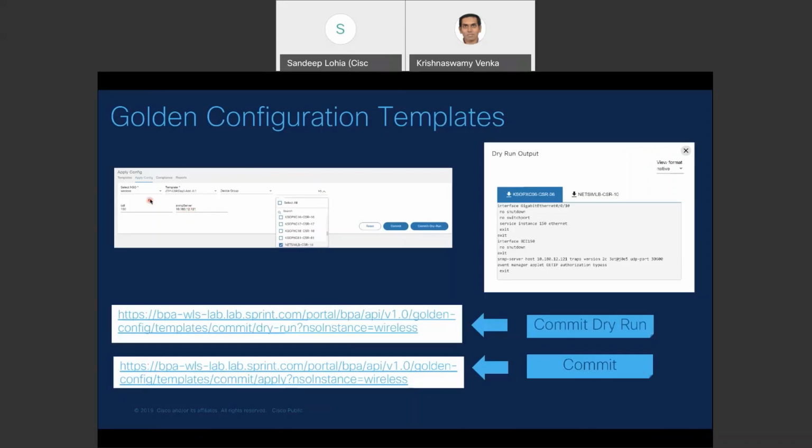So in this example, we can select one or more devices or a device group, and then we can do a commit dry run to render what the dry run output would be for applying this directly at a device level instead of a service level. So we can see the response output for multiple devices. We can view them in native XML and CLI formats. And the APIs that would be useful for running a commit dry run and commit are listed over here